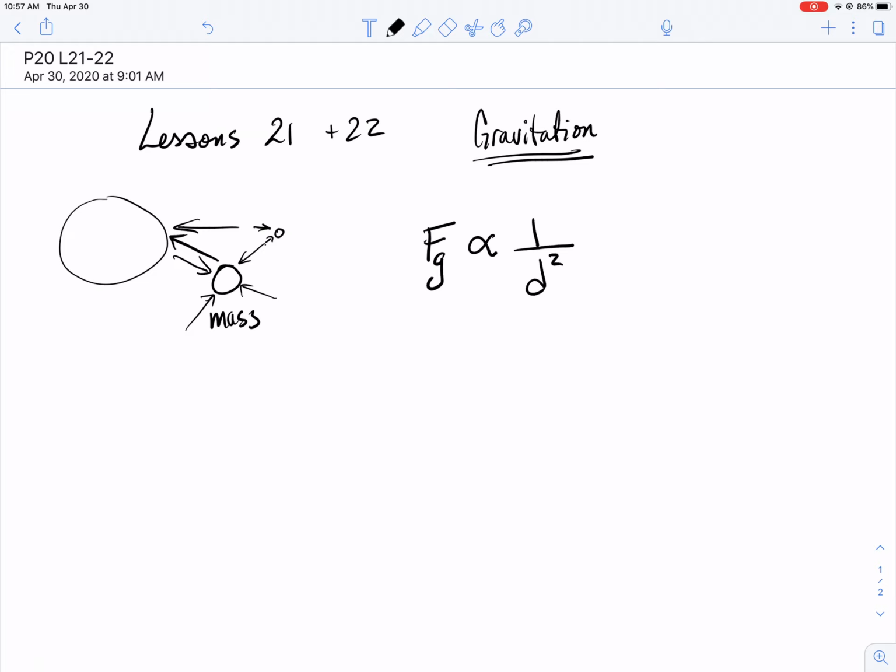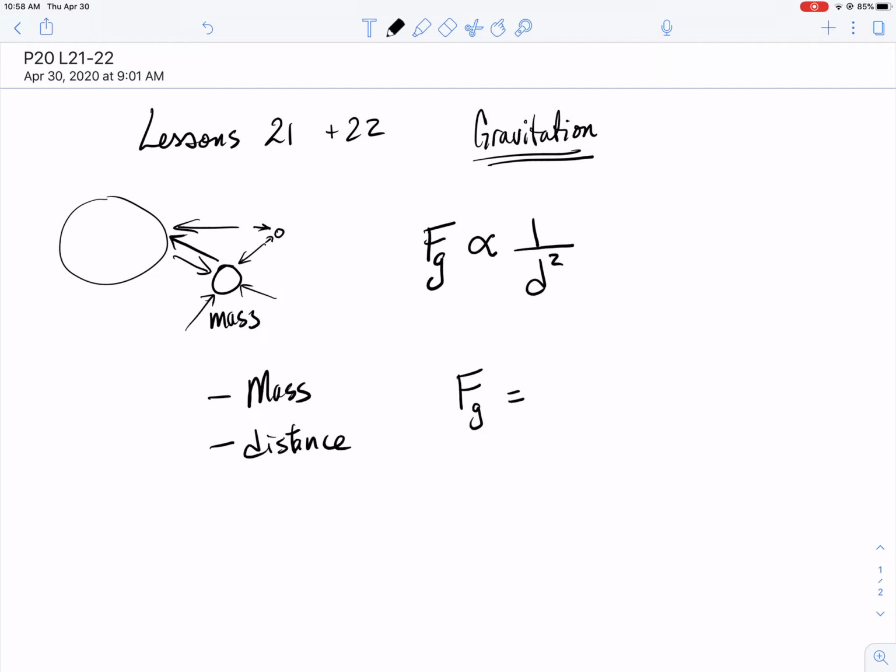And so you can see that an apple hanging from a tree is being drawn to the ground. That same force, because it's so much closer to the center of the Earth, has a stronger effect on it, or it experiences more of that gravitational force than, say, the moon, which is further from the Earth. And so we're going to explore that a little bit, but it's this inverse square law that helps us understand. So the mass and the distance are the two parameters that affect gravity. So we have this formula,